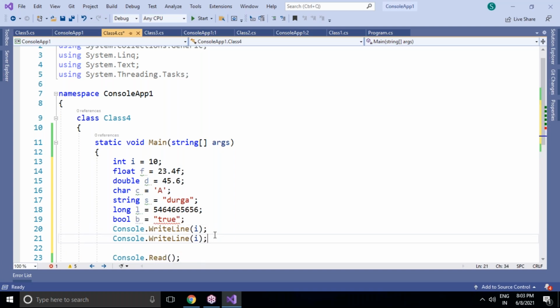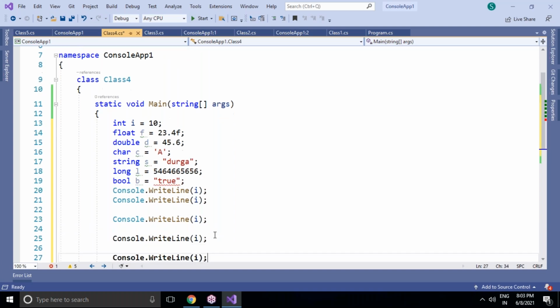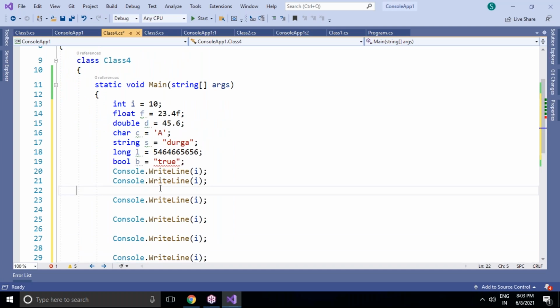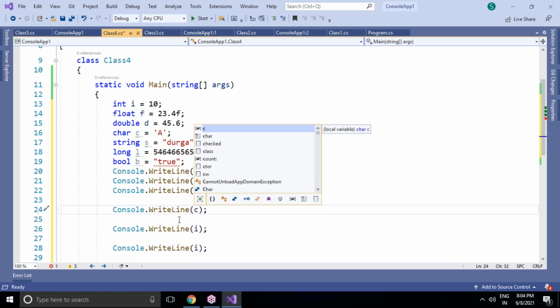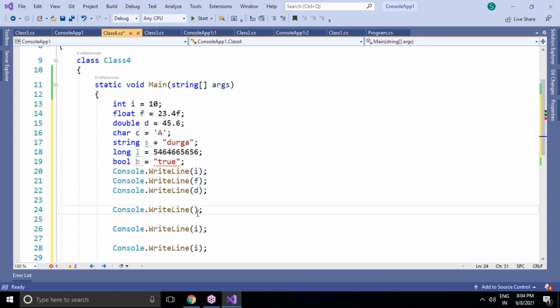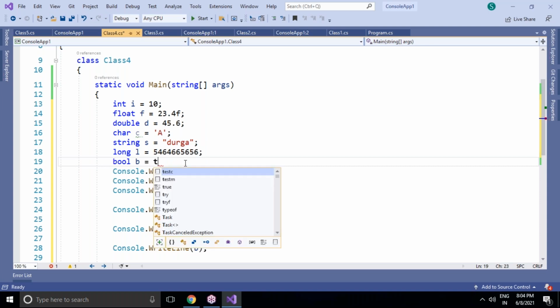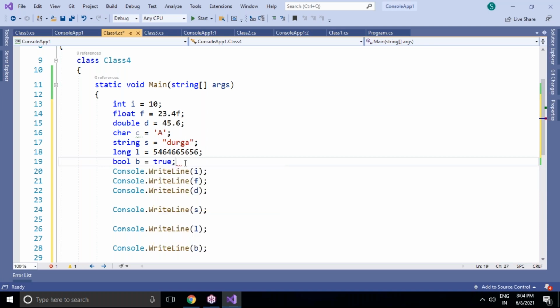Just observe here: i for integer, f for float, d for double, c for character printing, s for string value printing, l for long, and b for bool. I just want to go for the true value only. This is correct.